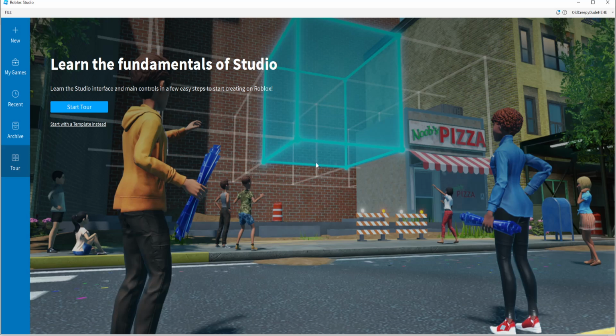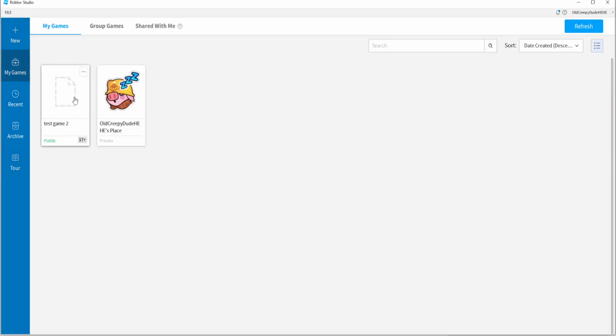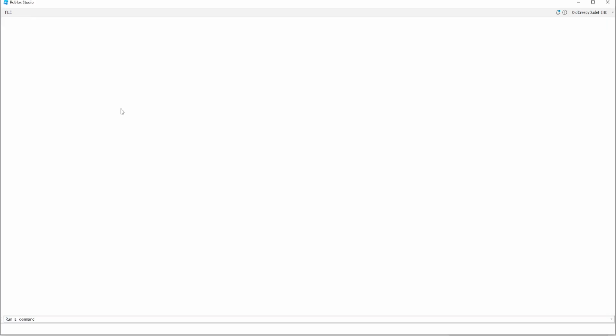How to enable team create on Roblox in 2024. So what we want to do is just load up the Roblox Studio app. Here we're going to click on my games and load up your game in which we want to enable team